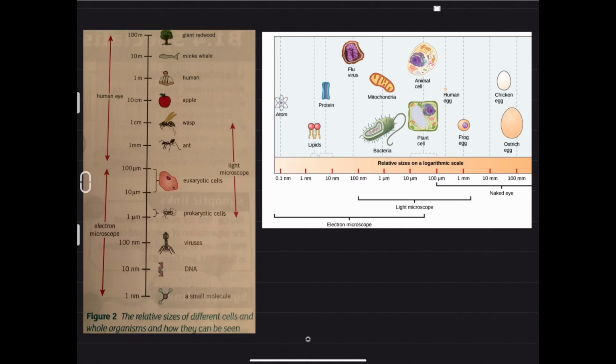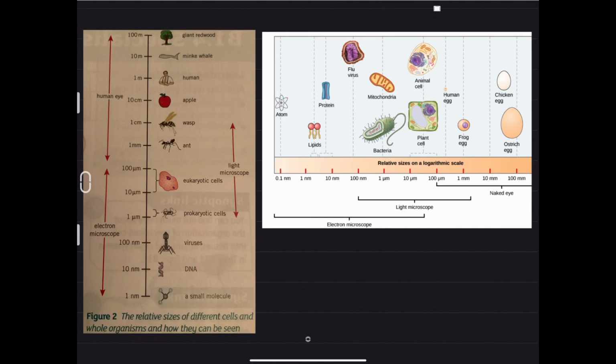And what we can see is that previously I had mentioned that the cellular organelles were quite different when we compare eukaryotic and prokaryotic cells. Now, the reason being, we can see straight away, if we look at the chart that is horizontal, where we've got an ostrich egg and a chicken egg, and then we're going further and further